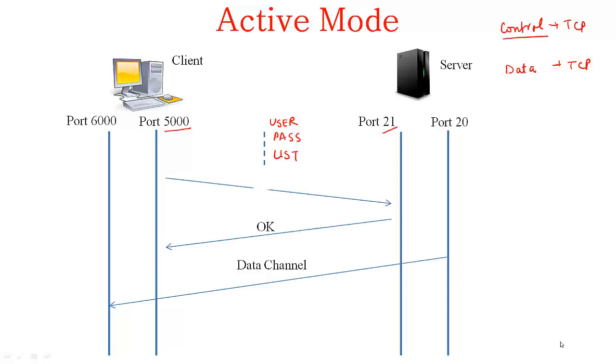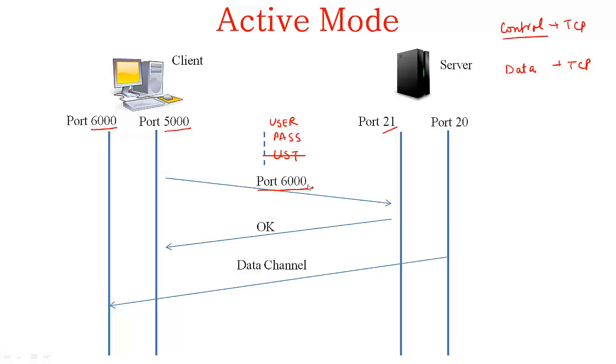But the client knows that when it types list, the server will have to send the directory listing, and this directory listing is not sent on this control channel. It needs a separate data channel for this. So before you can even do this list, you have to specify to the server information such that the data channel can be established. For this, what do you need to supply to the server? Basically, the port on which you are ready to receive the data. So the client will designate one such port and have a process that is listening on that port for that particular data, and send this information via the PORT command, where it will specify the port on which it is